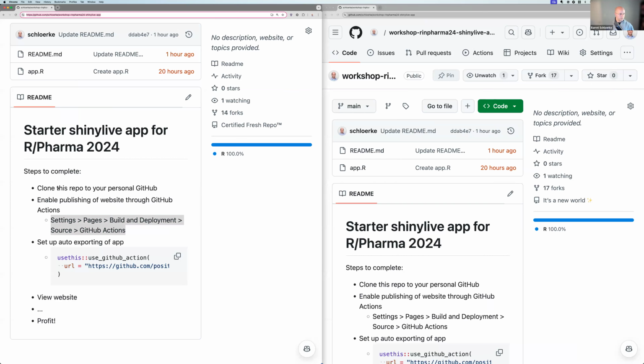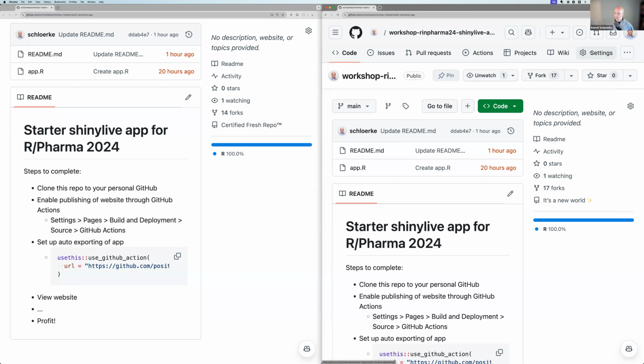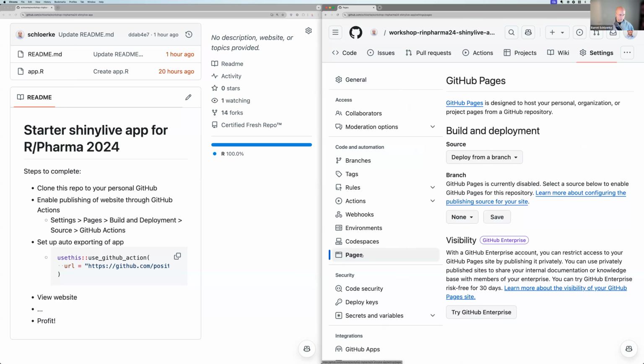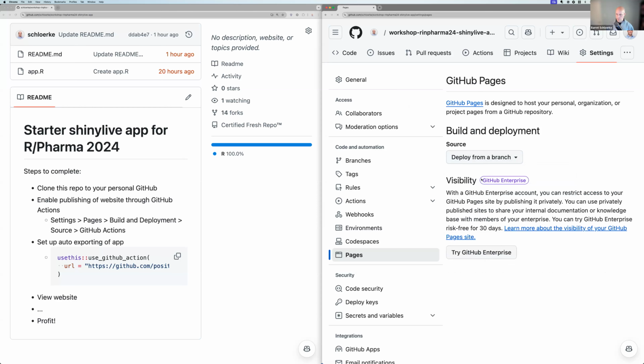So what we need to do is go to the settings in my personal top right corner. It's not under my picture, but in that top row. So I hit settings. I go down to pages, which is the bottom of the second chunk on the left. And then under the build and deployment, the source is going to be put to GitHub Actions.